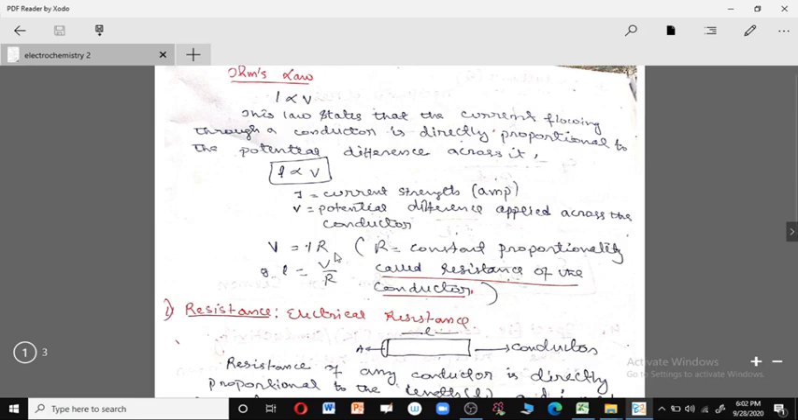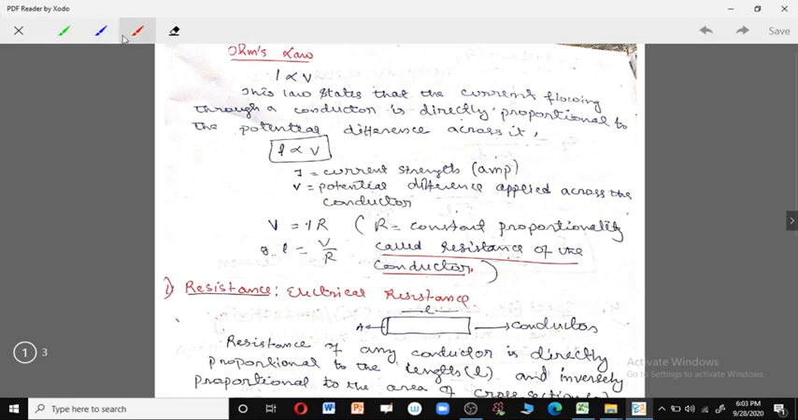In this second video, we will discuss the concept of molar conductance and conductivity. In order to understand conductivity and molar conductance, you have to know certain concepts, that is, Ohm's law, resistivity and so on, right? So this Ohm's law,